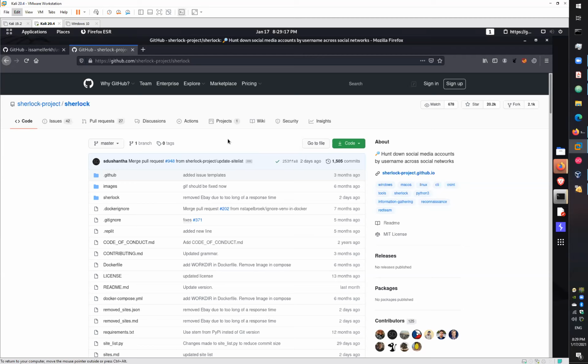You can use Git on any operating system, not only Kali Linux. Git comes for Windows, for Mac, for any Linux operating system. You can use the Git command.